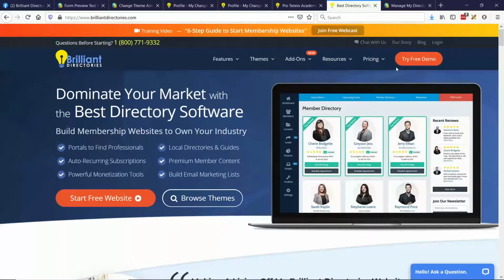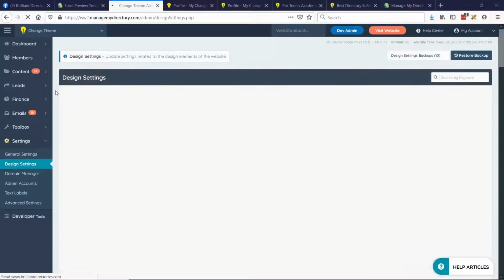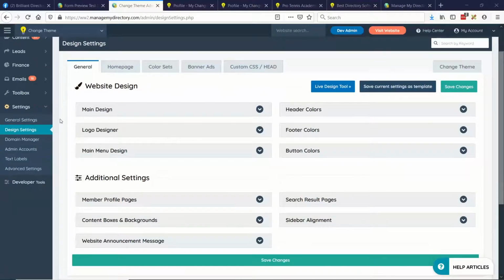If you head over to your dashboard and go to settings and design settings, what happened was over the last year, we created more and more settings based on what made sense and also feedback, and a lot of the settings got jumbled up together. So we wanted to better organize these settings in modules that make sense.